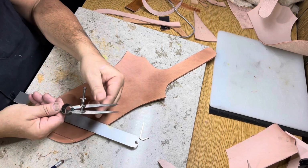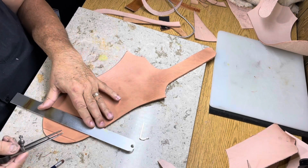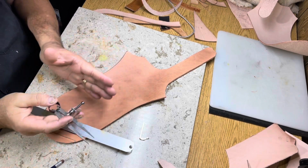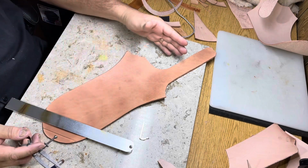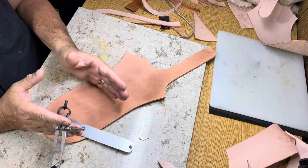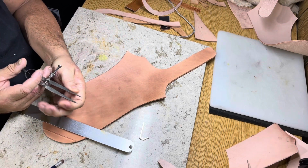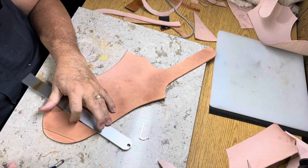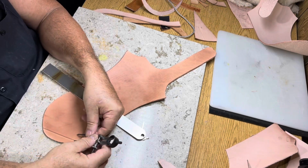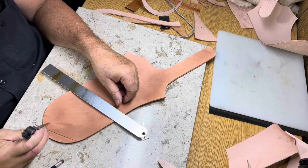So here I got a set of dividers, and when I pick the distance apart that I'm going to make the lines, I just base it on how big the leather is. Like if I were to do my dinner skinner sheath, I would make this smaller, make the lines closer together. So basically all I do is stick it in the center of the line I've started and poke a little hole,